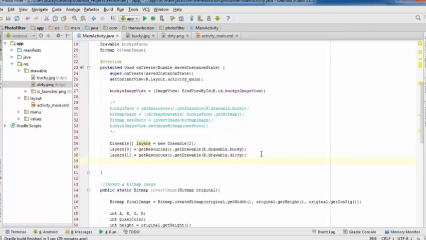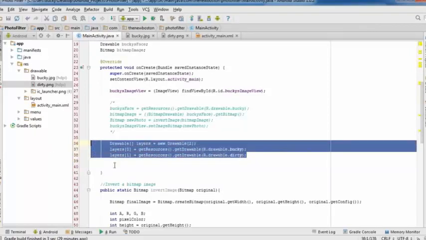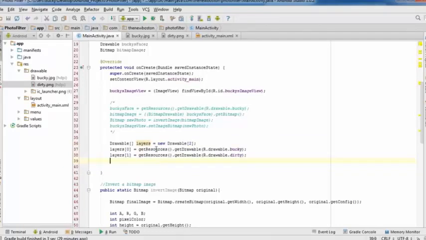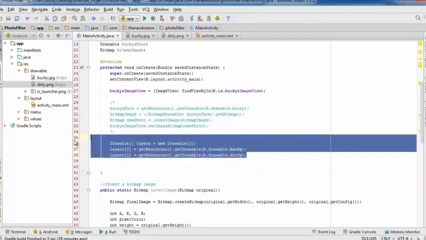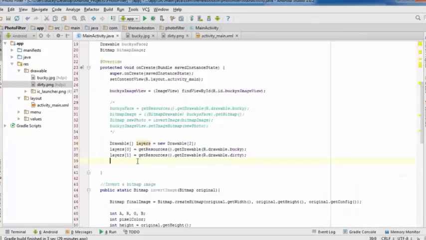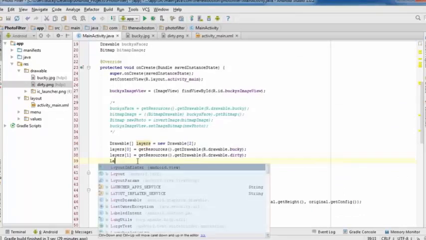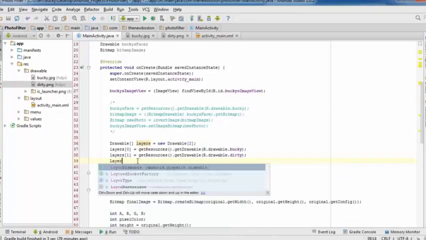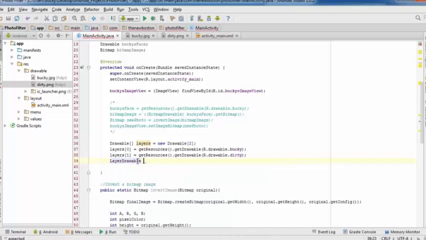However, right now all of this only exists in memory. Nothing's appearing on the screen, nothing's showing up on your phone, anything like that. In order to take this object in memory and convert it into something your device can use, you need to turn it into a drawable object. So the class for this is right there, LayerDrawable, and I'll just name it layerDrawable, and you set it equal to new